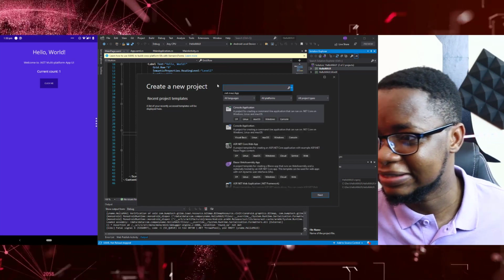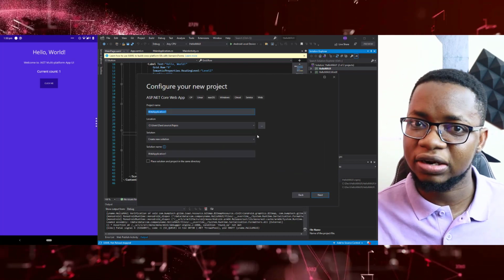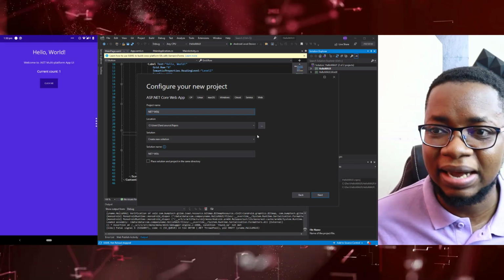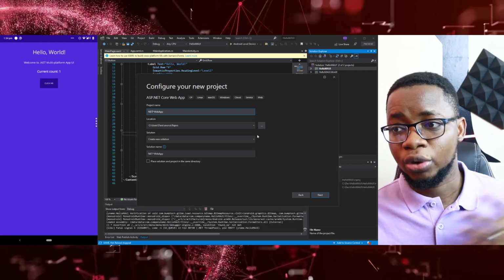Anyways, the template is not there for .NET MAUI in Visual Studio yet. It will probably come, or you can check out the Microsoft documentation on how to get the MAUI template inside Visual Studio. But right now, I'm going to create an ASP.NET Core application to actually see what is new in